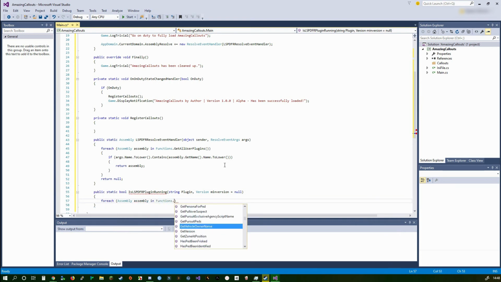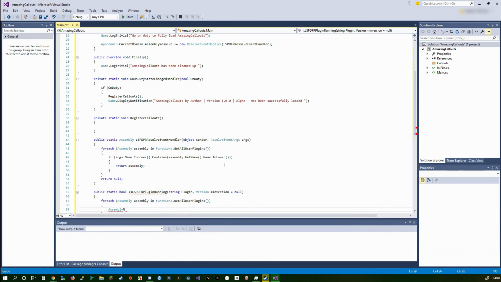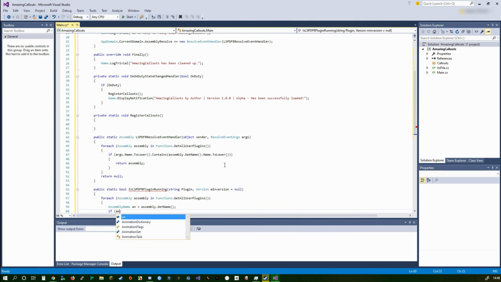Functions.GetAllUserPlugins(), parentheses, curly braces, assembly name this time, and it is equal to assembly.GetName(), just like that. If the name that we just created there, ToLower, is equal to the plugin.ToLower,